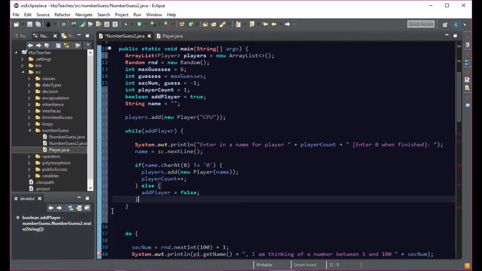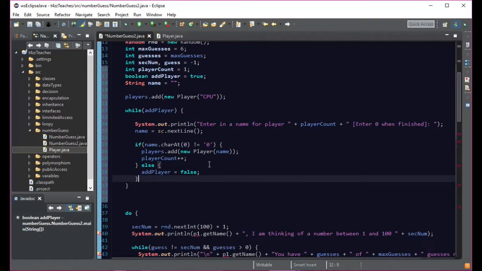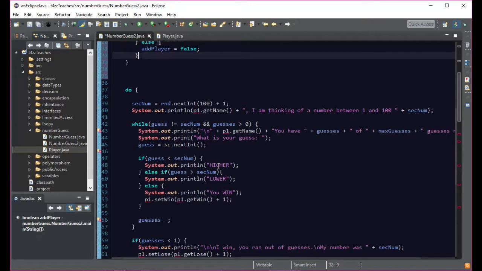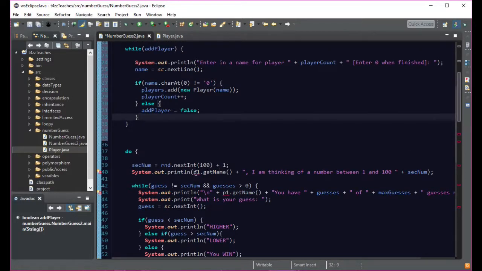There we go. So that should make it now so that we do that. So now what we need to just come down here and do is modify this stuff so it actually works right. So instead of players, where is it? Player get name, we need to do,